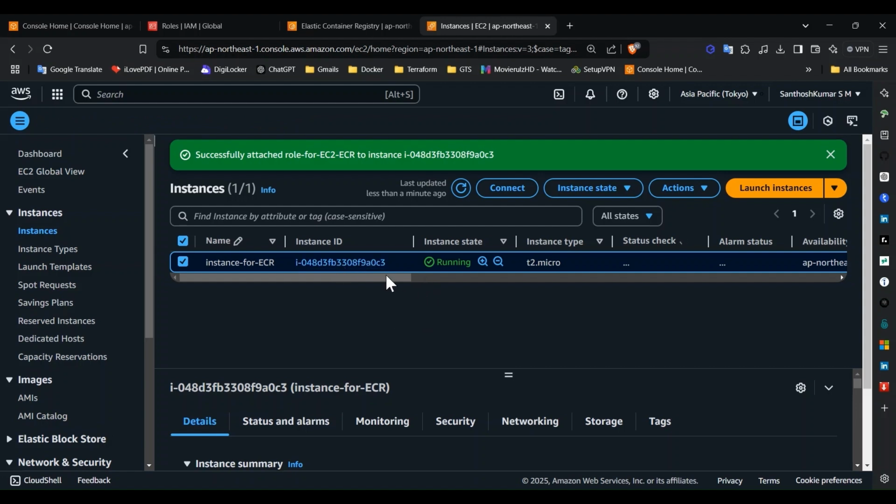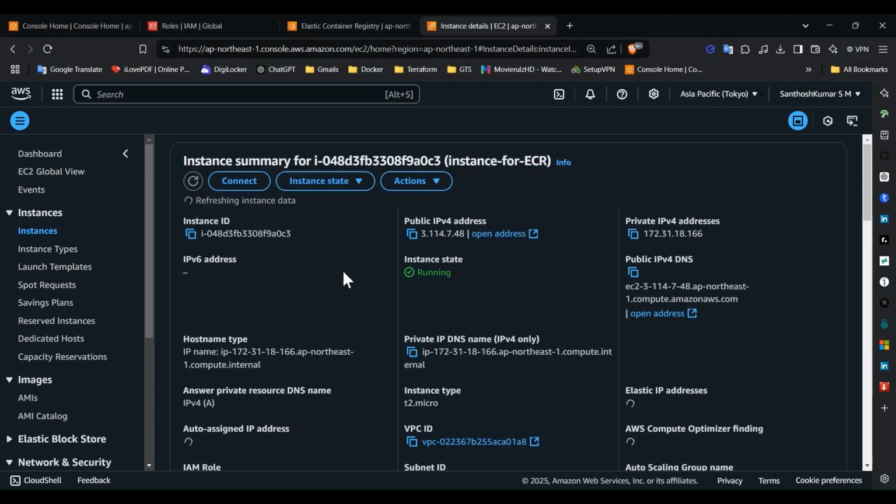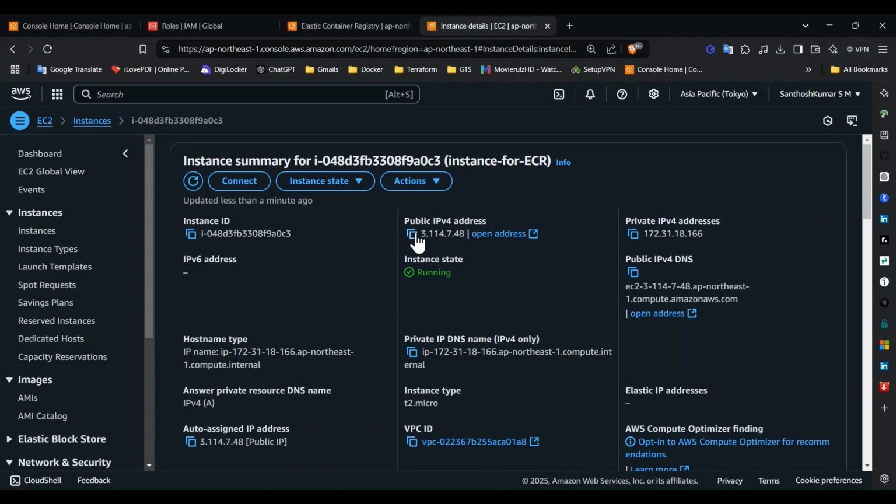Now we have successfully attached the IAM role to the instance. Now let's connect this instance. So I'm going to use the third-party application, that is MobaXterm. For connecting the instance, it's an SSH client. So copy the